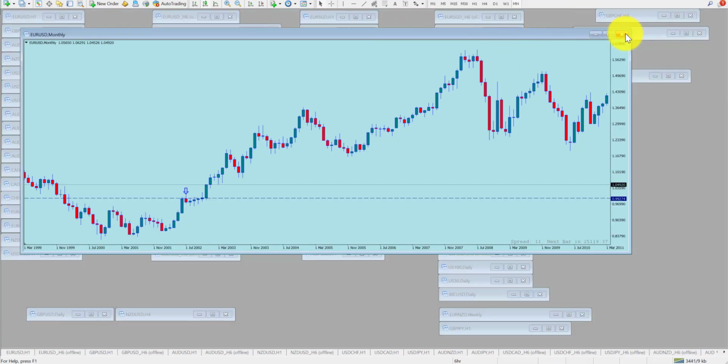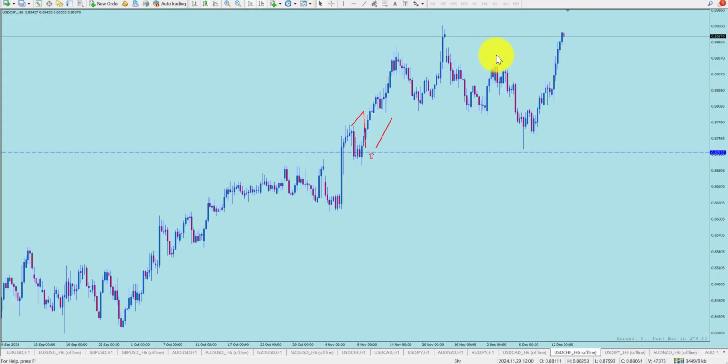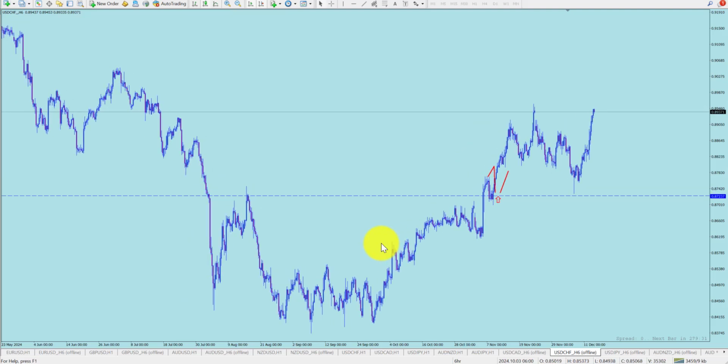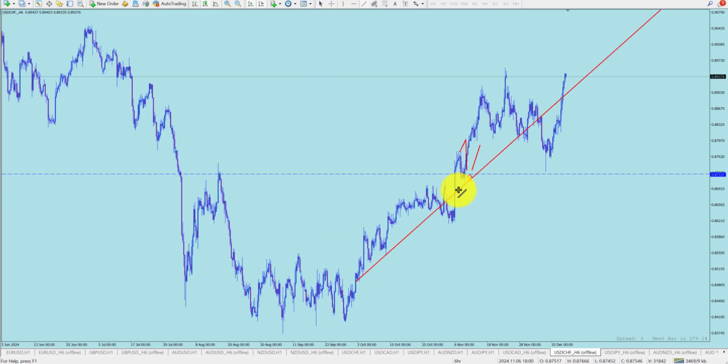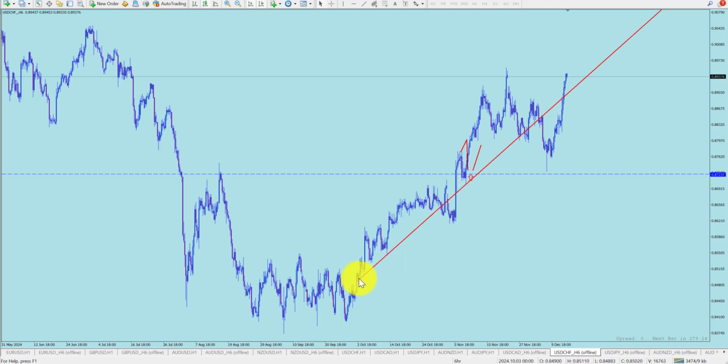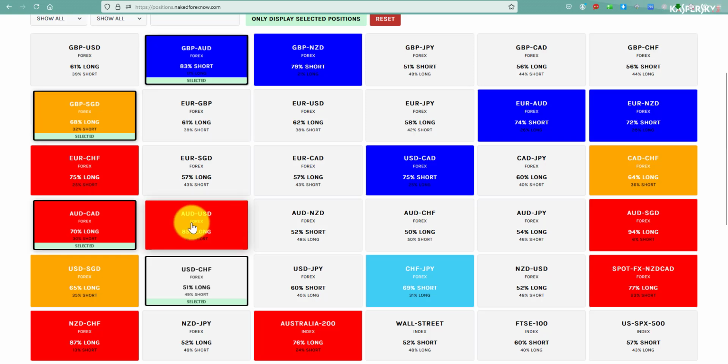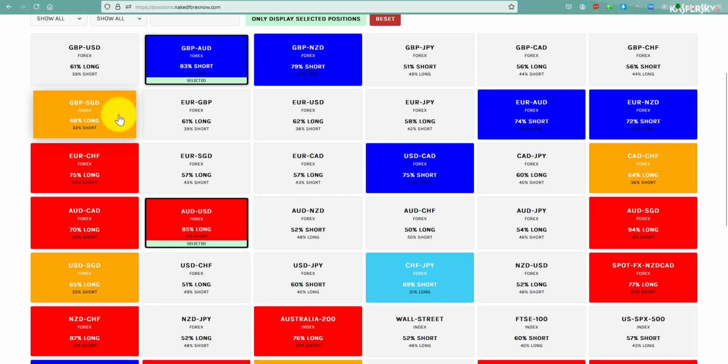Let me get rid of this monthly chart. I'll show you on the 6-hour Swissy. See how the Swissy's doing this? Well, from here to here, I'll draw a box. It was basically a red box. It was bearish numbers, and yet the Swissy made this move. During this move, the Swissy was going up, and yet we had a red box. So it was like the Aussie is now. It was like 73% long or whatever. So the crowd was actually right, but that is rare. Most of the time, the crowd is wrong, and they will highlight a trending market because they're all going the wrong way.